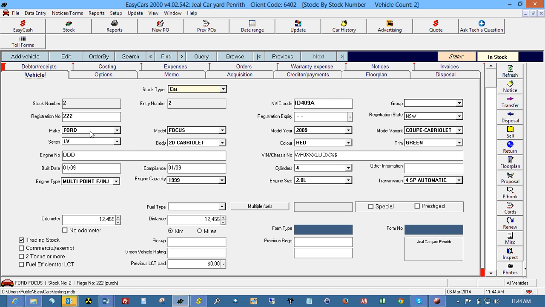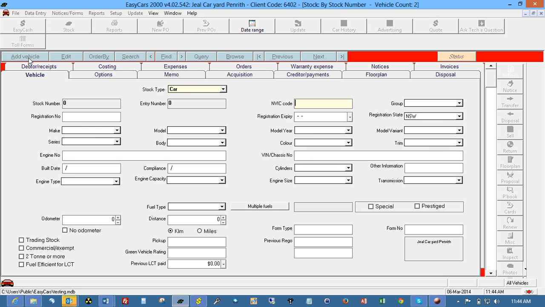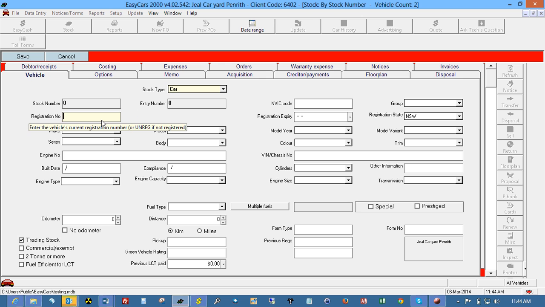Adding a new vehicle into EasyCars. Go to the Add Vehicle button, go to the registration number. You can use the tab key to manoeuvre through the fields to make it a little bit easier than using your mouse. Type in your registration expiry date,